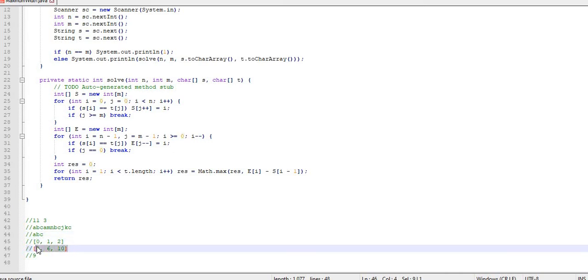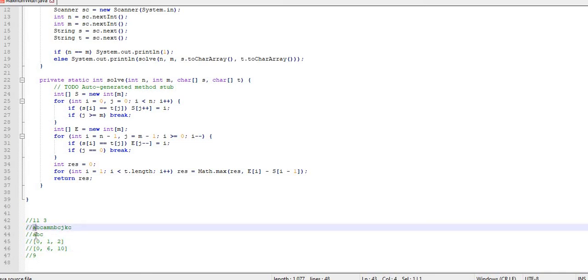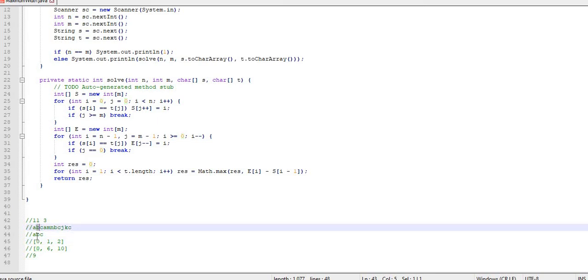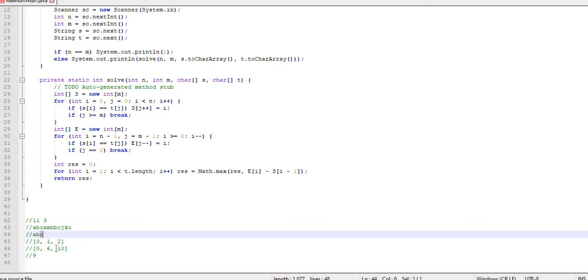So there are two arrays. The first array is the prefix, when I start from the starting side, and another is my ending array, because I traverse from the end. In that one, first A matches, so I mark its index, that is 0. Then moving forward, again B and B match, so I mark the index as 1. Finally C matches, so mark it as index 2. That way I have an array which matches my string T.